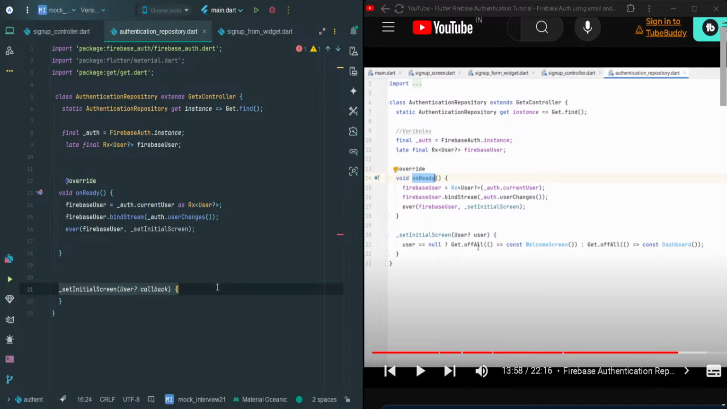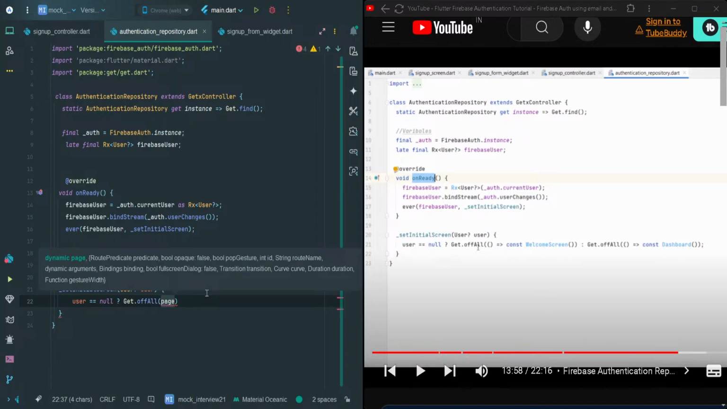Create method, yes, method user and user callback. User, inside this, user equal to null, then Get dot offAll pages and inside this